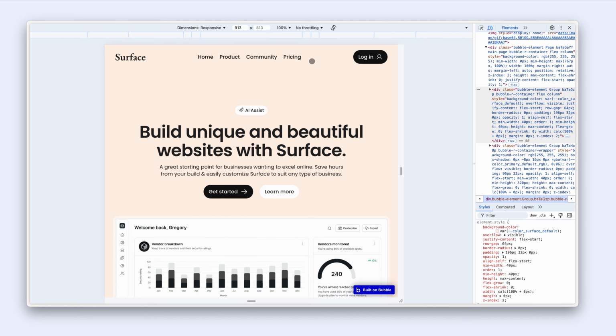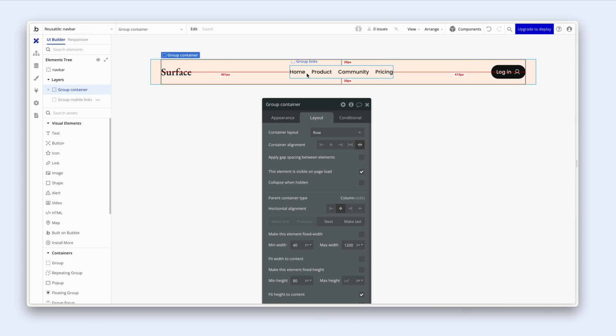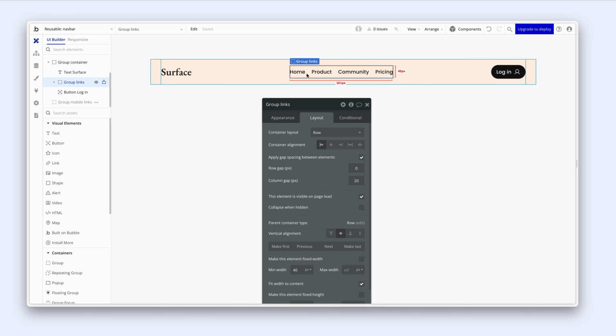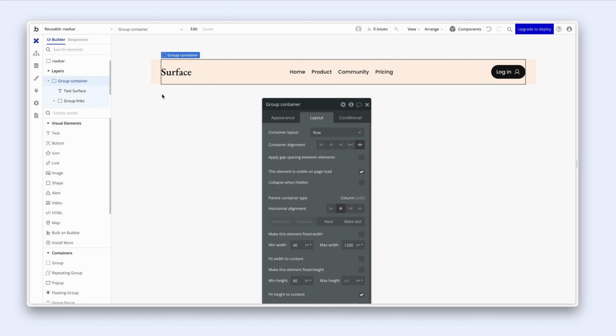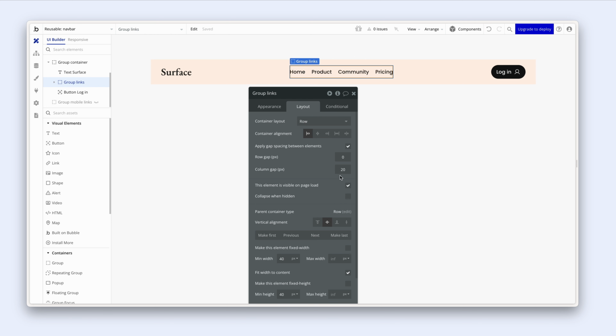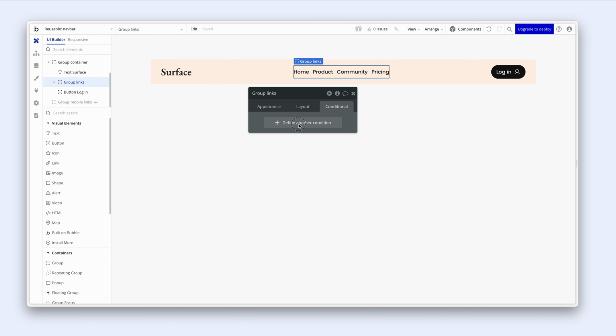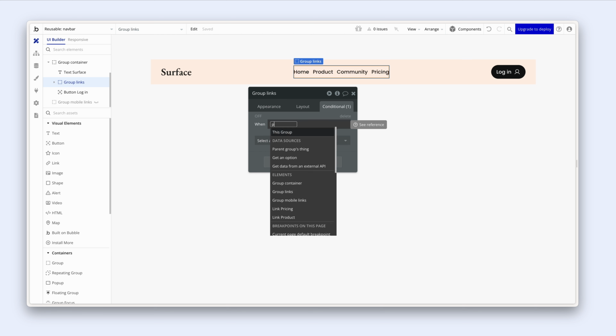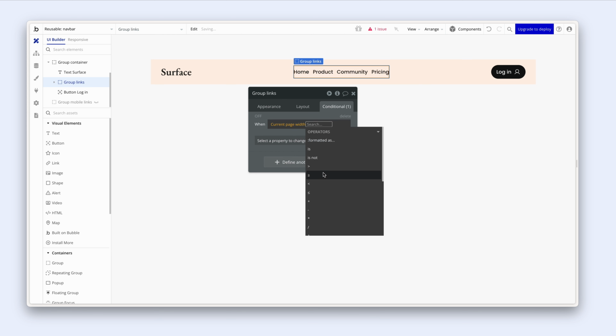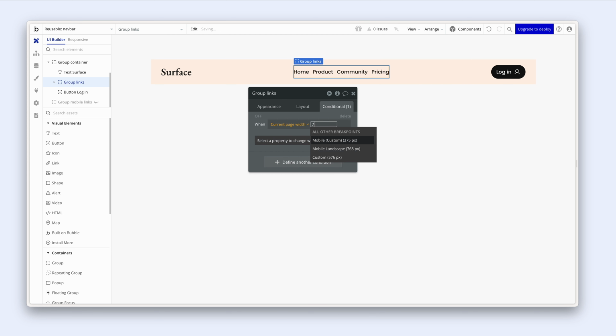That's no problem. Maybe if you have even more links, you have a 992 breakpoint. That's okay. Okay, so let's do this. On group links, I am going to just reduce the column gap just a touch. I'm going to choose 12. Okay, and now I'm going to define a condition. I'm going to say that when the page width is less than 768,